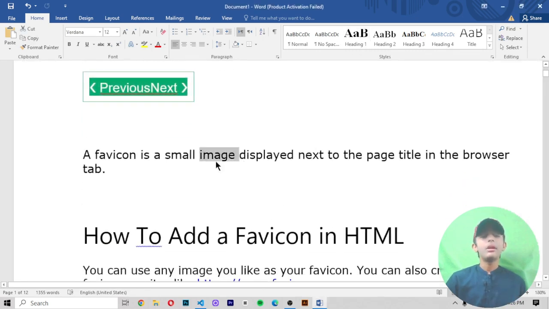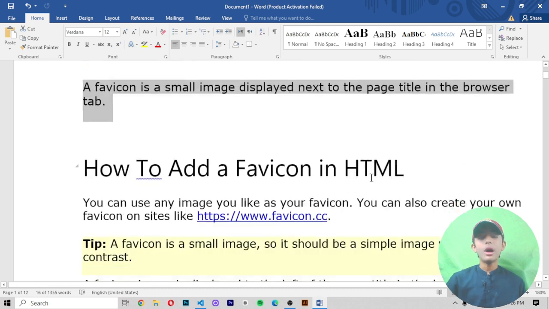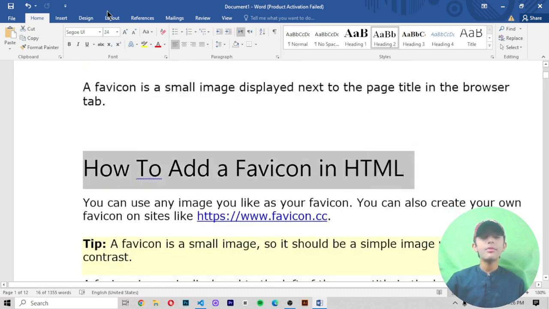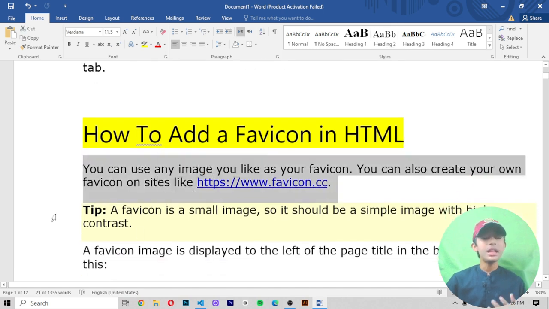Now, a favicon is a small image displayed next to the page title in the browser tab. If you don't know how to add a favicon in HTML, let me tell you. You can use any image you like as your favicon. You can also create your own favicon on sites like